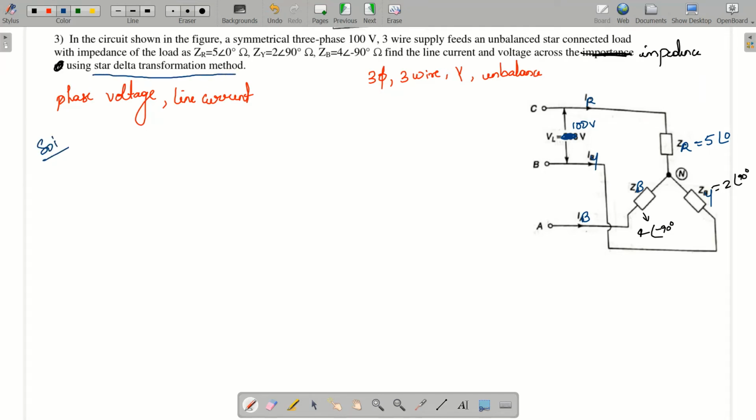So, what is meant by star delta transformation? Now, see here, it is very difficult to solve this type of problem with a 3 phase 3 wire system. So, what I will do, in place of solving the problem by using the star connection, I will convert it into delta. Means, see, they have given some unbalanced load, right. In place of this, what I will do, I will convert this into delta, okay, some delta.